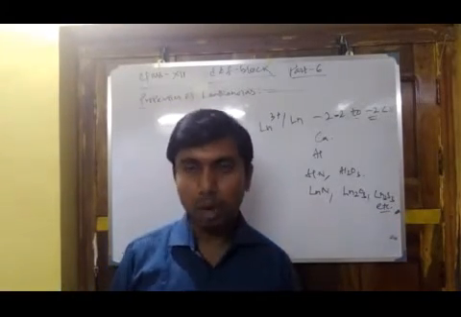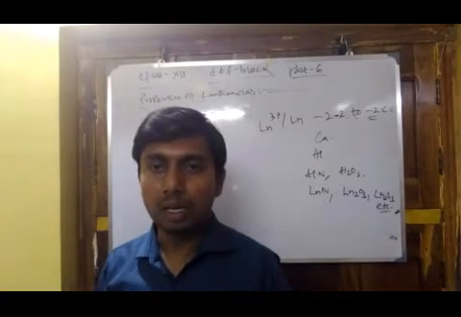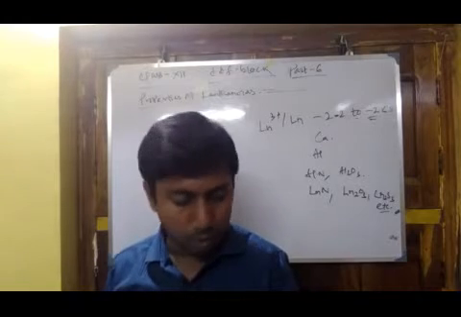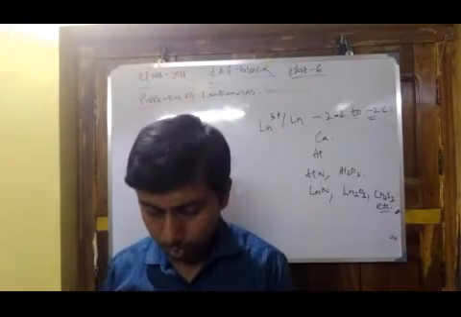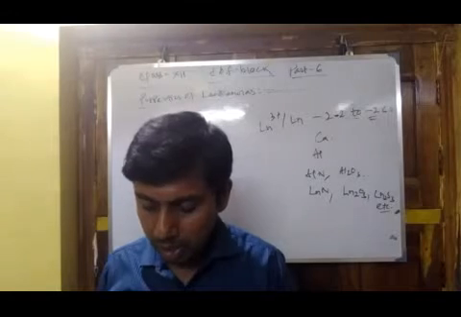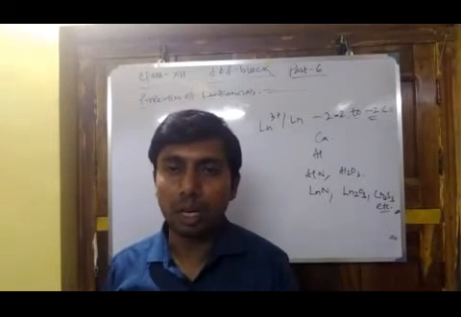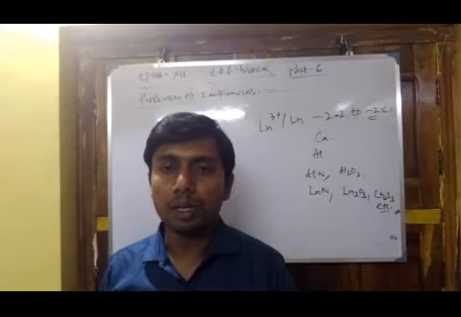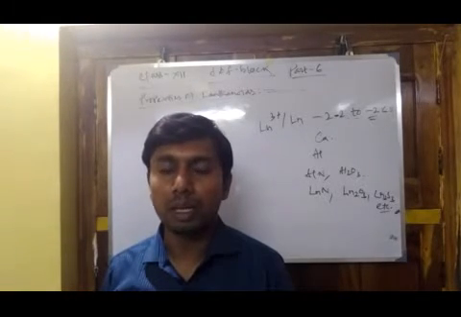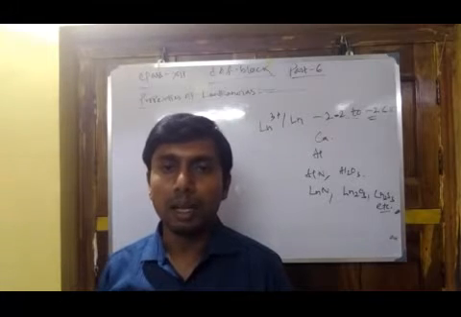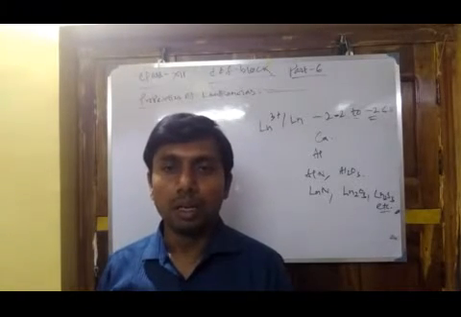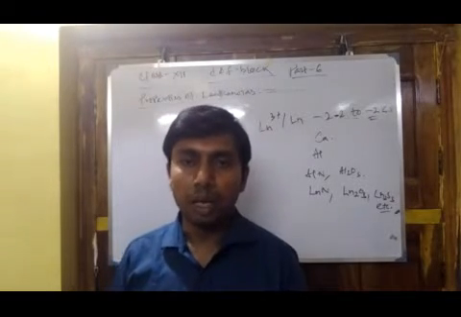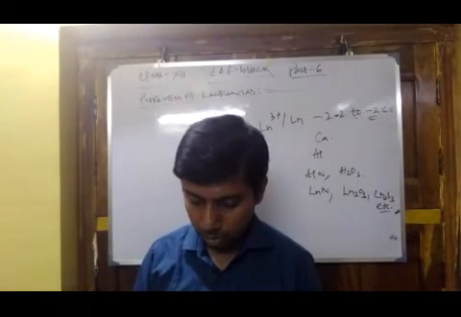Next one is complex formation. There is very little tendency towards complex formation in lanthanides. This is because of large size. Next, magnetic nature. As the f electrons are not fully filled, we expect there should be magnetic property, and it is paramagnetic in nature, and some will be diamagnetic depending upon the electronic distribution in the f or d subshells.